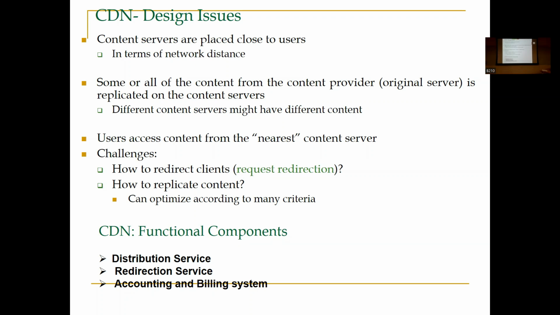The other says you need to find out who will provide you the least latency. Least latency means you have to find out the round trip time. So we have servers A and B acting as surrogate servers. The one who is directing first realizes whether, if he sends to server A or to B, where the round trip time is minimum. First he has to do this calculation, and only then will he say go to A or B. So there are many issues, and for this we have a number of algorithms.